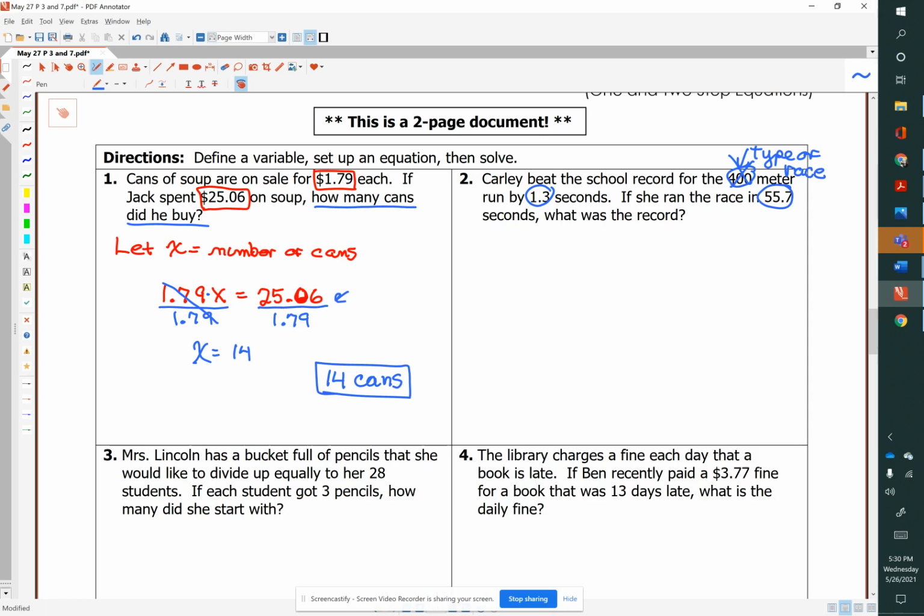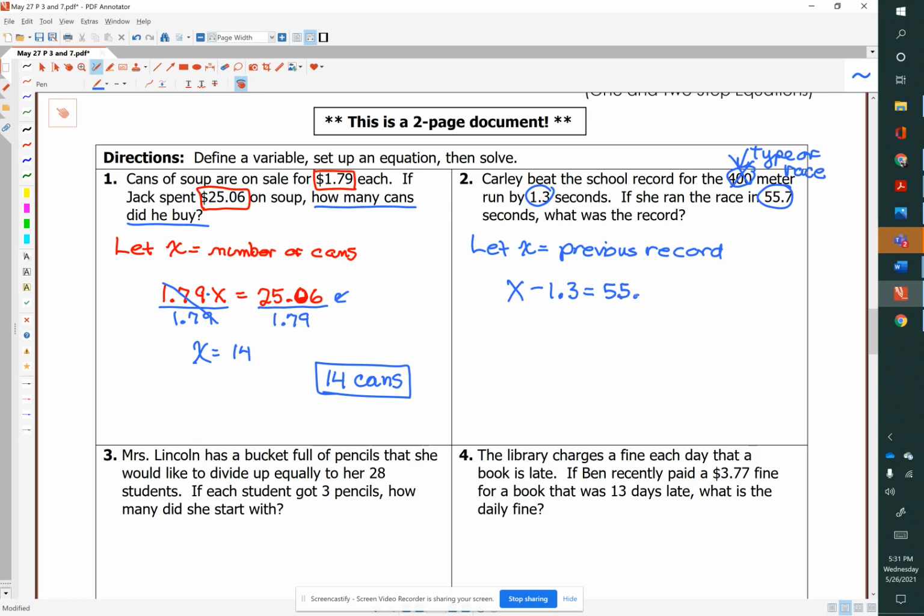And we want to find out what was the record. So we're going to have to let our X equal the previous record. So we can say the previous record, she went faster, which means a shorter amount of time. So the previous record minus 1.3